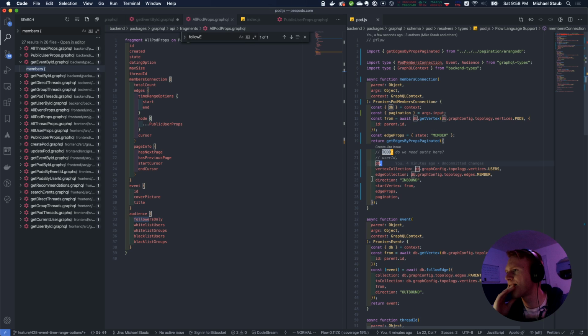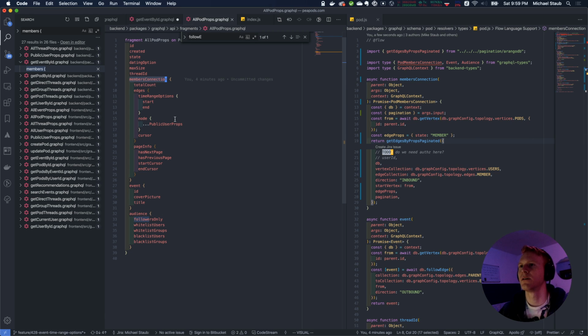So the question I've been stuck on for 5 minutes is, should we continue with this pagination refactor on the members connection? We definitely want to do it for threads eventually. That's just tech debt. There could be 1,000 people in a thread. For every public group we create a thread. So you could have San Francisco runners, and there's 2,000 people in the group, and so there's 2,000 people in the thread. So we definitely have to paginate on the thread, but the pod,